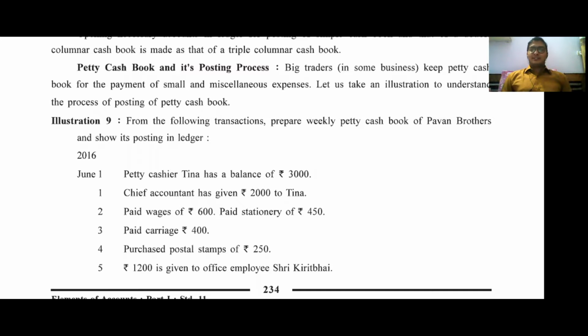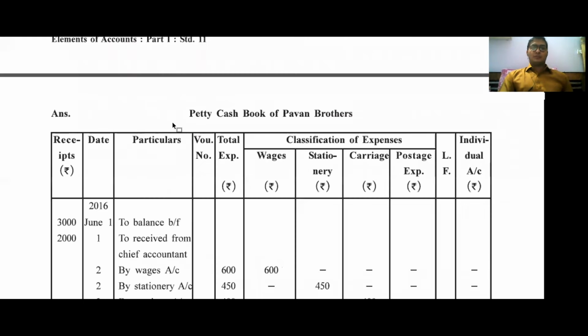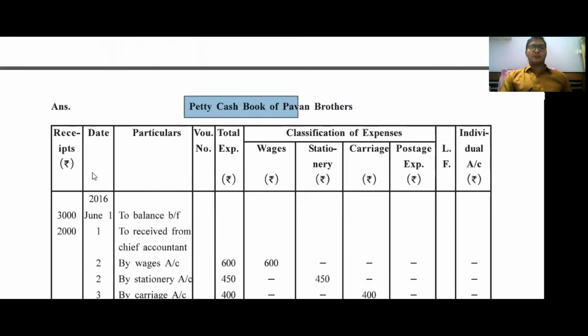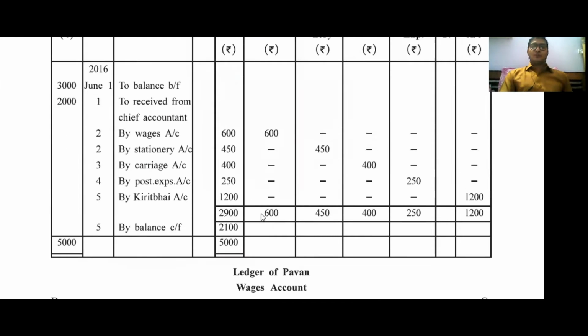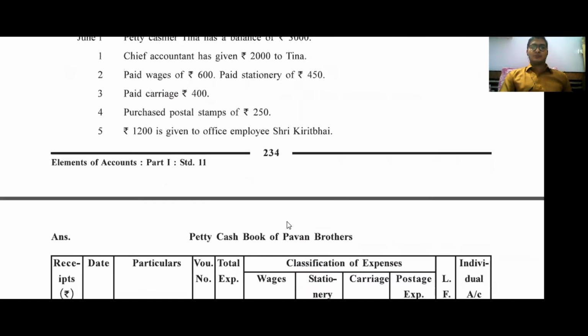The chapter is Ledger and its Posting, and this is the last class for the ledger posting chapter. It is for petty cash and its posting. Here in petty cash, we all very well know about the petty cash, in which we have to prepare these types of accounting formats and entries. But now we have to study further for its ledger accounts.